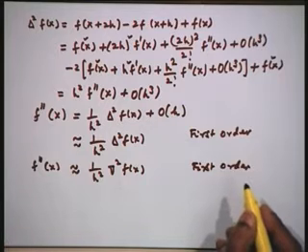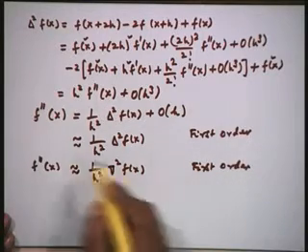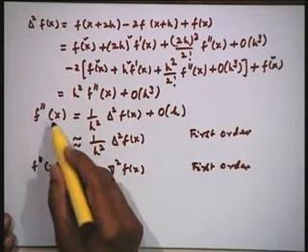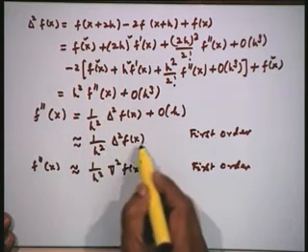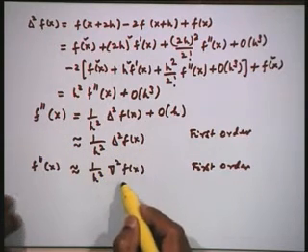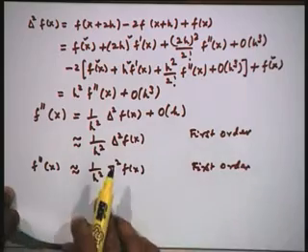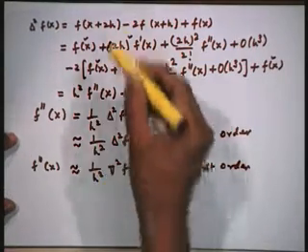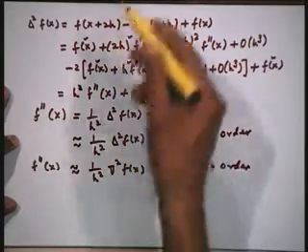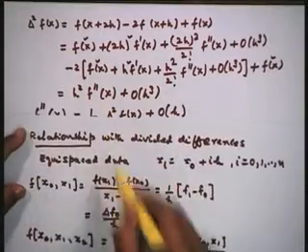Therefore, if I have to use it in a differential equation, for example d square by dx square, I can replace the d square by dx square by 1 upon h square delta squared of f x, or in terms of the backward differences. Now, you can immediately connect this with the divided differences. We have earlier derived the relationship between the divided difference and forward and backward differences. I can immediately connect all these with the divided differences also.